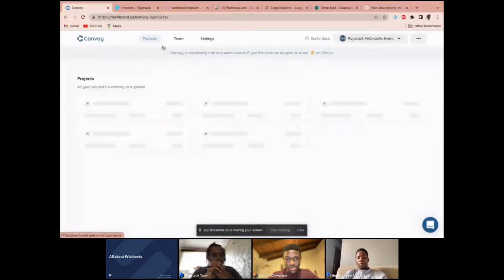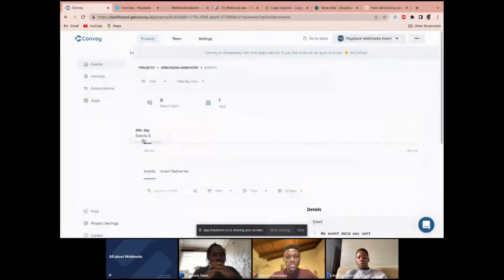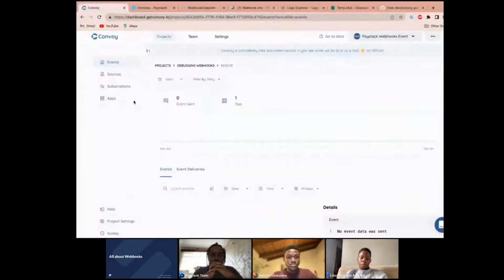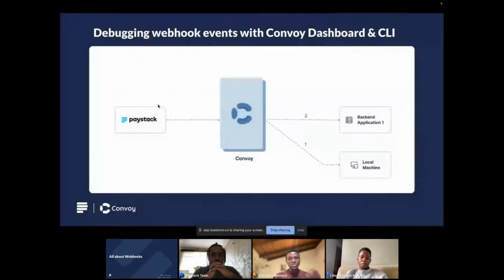For that, I have another project called debugging webhooks. In this scenario, what I want to demo is receiving events with Paystack, but with enhanced debugging. And the second thing is I'm developing against Paystack, and I want to use an ngrok-like tool to develop on my local machine and then push and then debug. So I'll start with